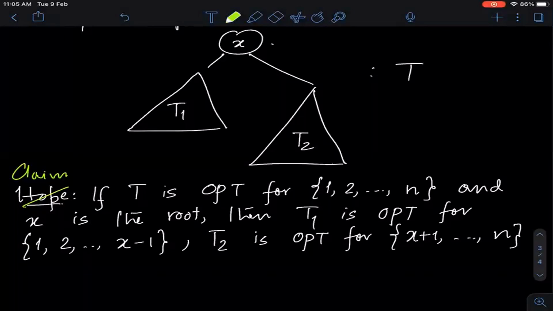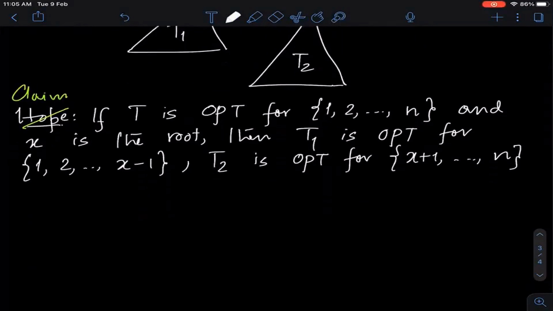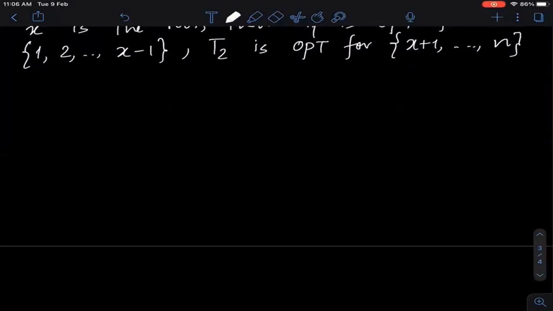The proof for this is not as easy as the previous one. So let's just work it out. We need to do a few lines of algebra, not much, but we need to do that. Okay, so is the statement clear to everyone? What I'm trying to say here? Okay. So proof.